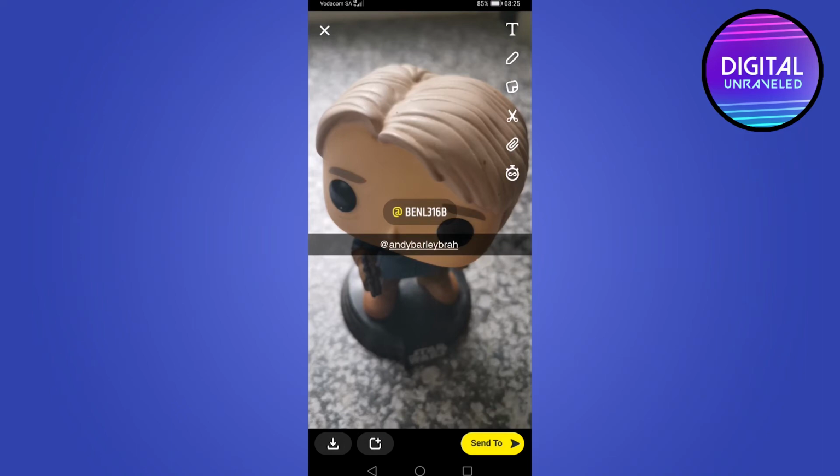And then you simply just tap on the send to button. You can add it to your story, you can send it to your friends, and that is how you mention someone on Snapchat in